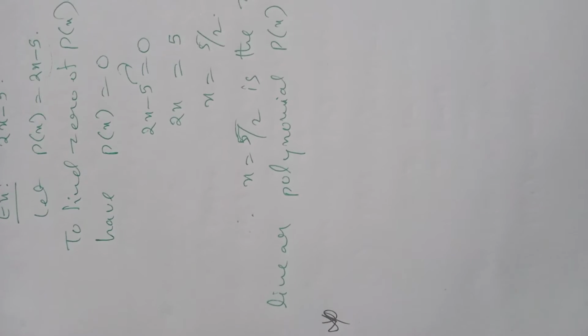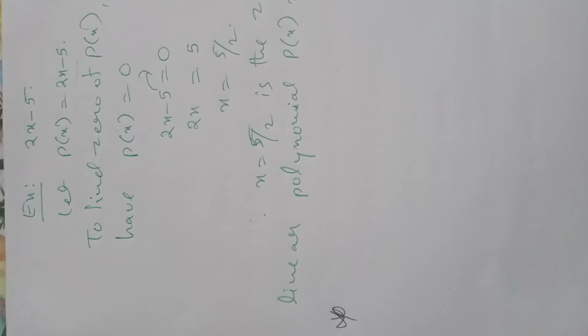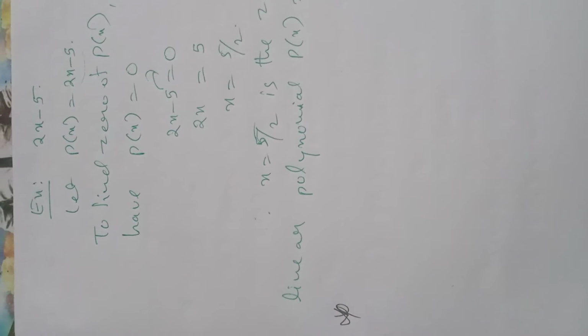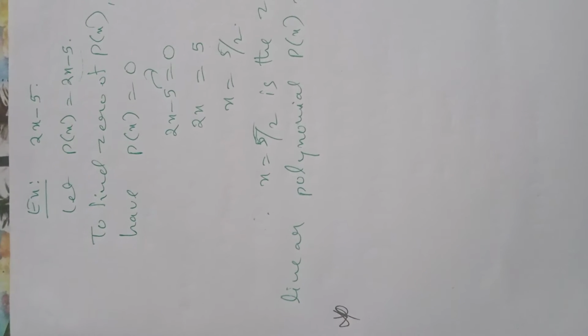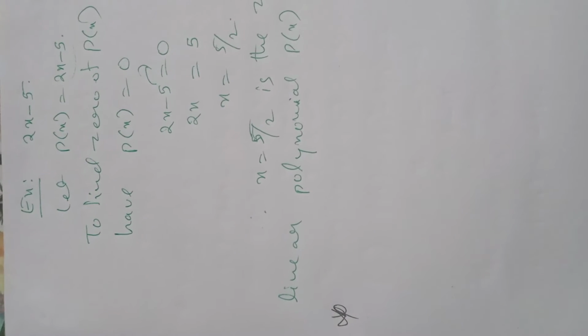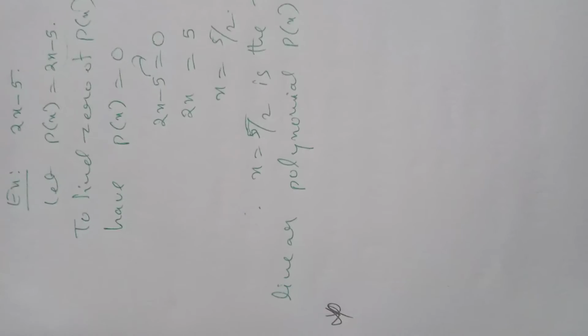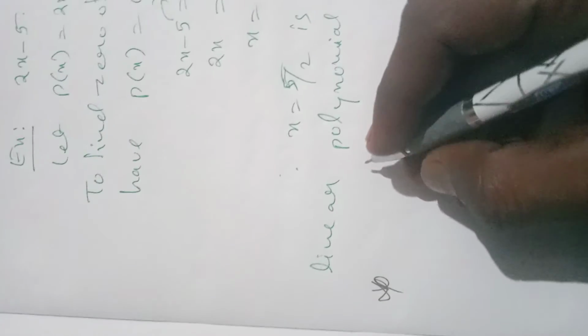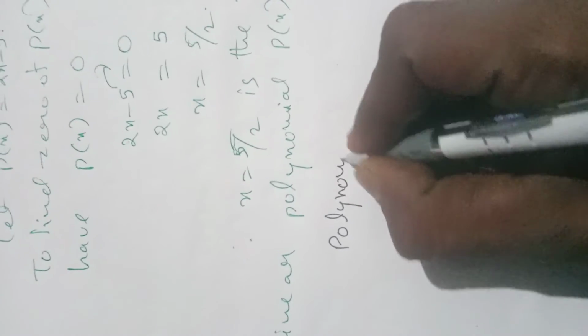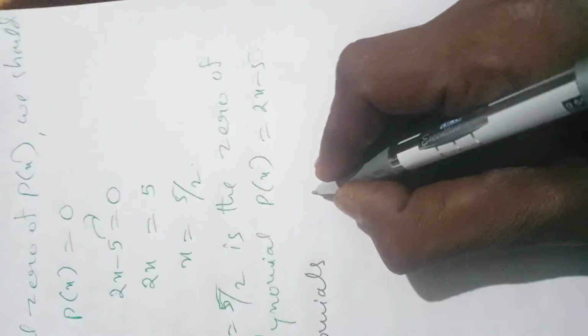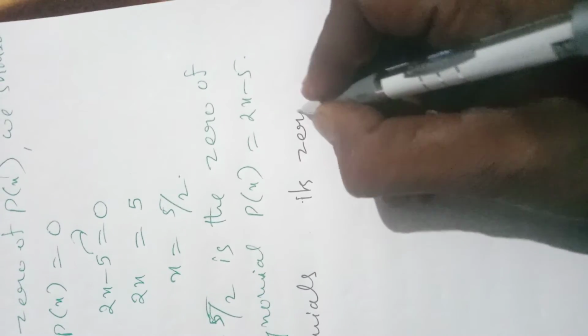Now if I take a quadratic polynomial, then finding its zeros becomes a different task for you. You can solve that quadratic equation also. If you know how to solve the quadratic equation, you can write its zero values very easily. Now just before that, I want to write the zeros of some polynomials here. I am writing some polynomials and their zeros. I am making one table here.